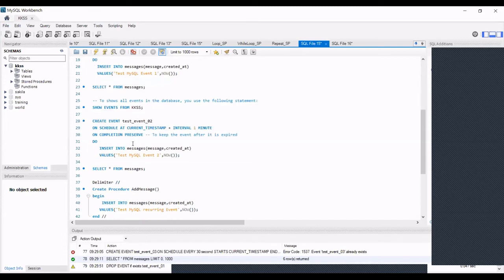Should we write CALL EVENT test_event_2? What is the syntax for it?